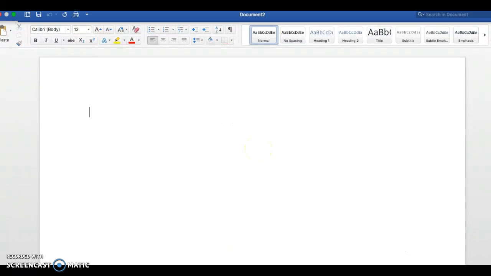Okay, so now here, this is just a general page that appears once you click on the Microsoft Word icon, or if you open the Microsoft Word application via command line, if you're a nerd. Anyway, so what is this blank page, and what's up with all this stuff here at the top of this